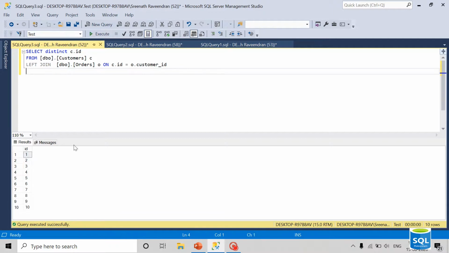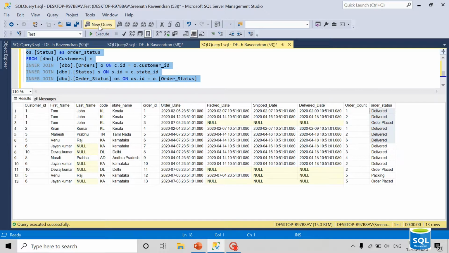If I execute this, I got all the customers, which means left join will select all the records from the left table, and if there is a corresponding record from the order table, that will be shown. Otherwise, those columns will be shown as null.